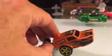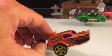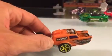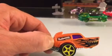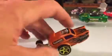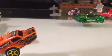There we go. Poppa Wheelie. Great. I love the teeth. I just like teeth on cars. Got the pumpkin logo, nice and big so you can see it. Holiday trick. Okay, looks really good. And it does what Poppa Wheelie does. It's kind of crazy going down the track. But I definitely like that. I like the Bone Shaker. The other one